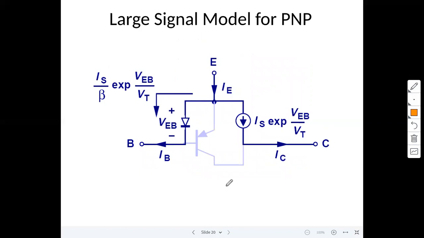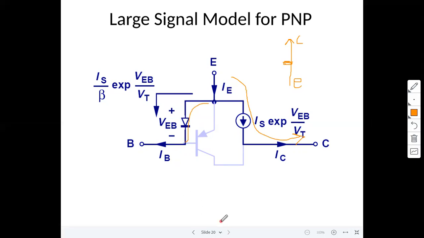Large signal model for PNP transistor. Now what is here is the emitter current. Why? Because the majority of current is due to holes only. Holes flow from the emitter to the collector. Some few percent is recombined at the base region, exactly opposite to the NPN transistor here. This is about current direction. The emitter current is approximately equal to the collector current, with only a few percent lost at the base region.